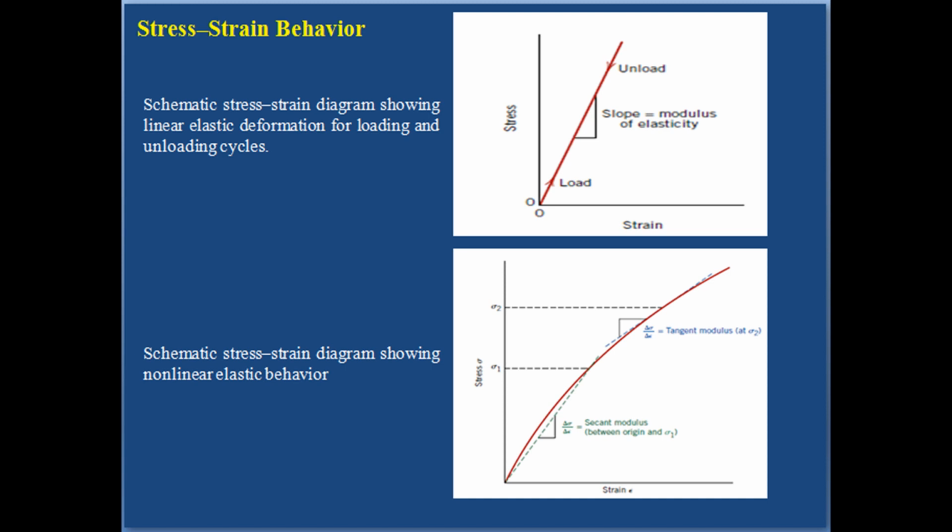As would be expected, the imposition of compressive, shear or torsional stresses also evokes elastic behavior. The stress-strain characteristics at low stress levels are virtually the same for both tensile and compressive situations. Shear stress and strain are proportional to each other through the expression tau is equal to G into gamma, where G is the shear modulus, the slope of the linear elastic region of the shear stress-strain curve.